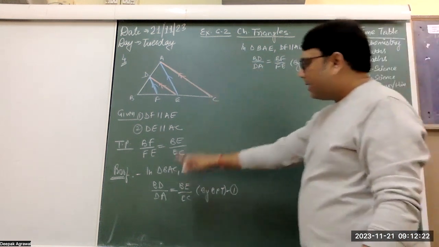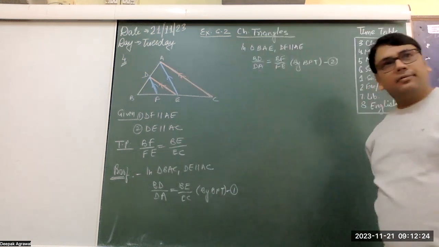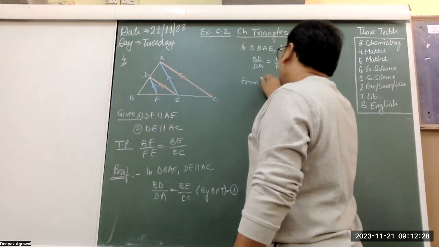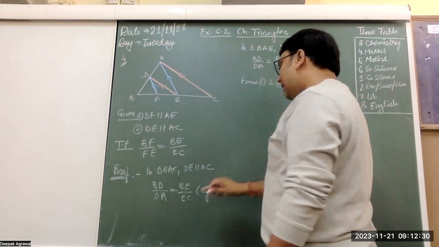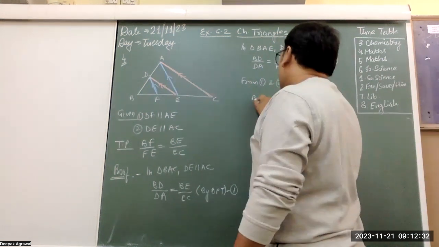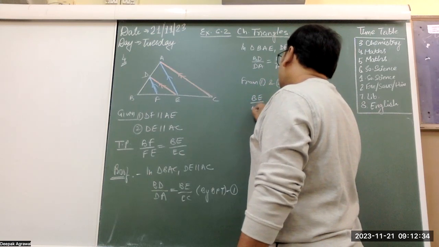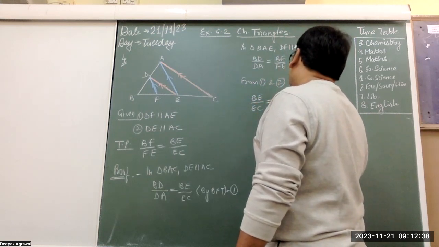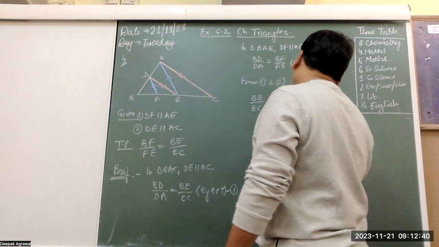Yes, they both, the LHS is BD upon DA, BD upon DA. So if I compare 1 and 2, from 1 and 2 what I can say is that their RHS should also be equal. BE upon EC is equal to BF upon FE. Hence,